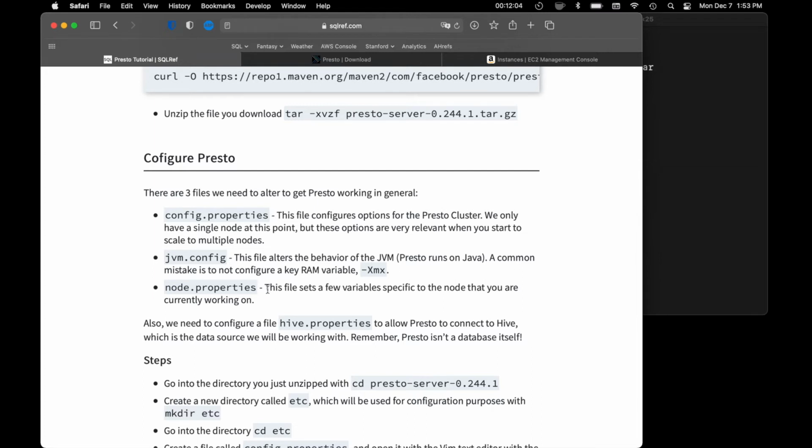Node.properties sets variables relevant to the specific node that you're currently working on. So config.properties is for the cluster. Node.properties is for the single computer. And one other thing we need, because we're going to be hooking up Presto to Hive, we need to configure